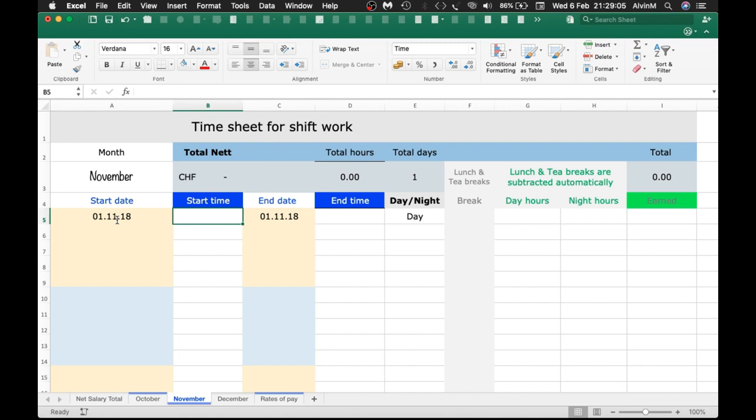Now we're entering the start time, which will be 6 in the morning, and the end time will be at 2:30 in the afternoon. The break will be 1 hour and 15 minutes. That's a 1 hour lunch break and a 15-minute tea break. Now we need to enter in the formula for the day hours,